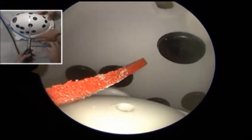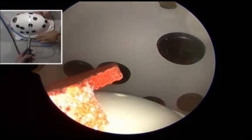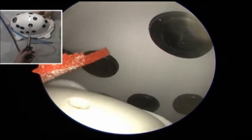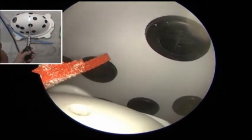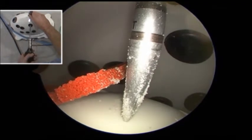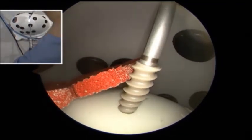A rescue for that in real life would be then to upsize your anchor. Say if you were going to a 5.5 or you were using a 5.5 anchor, you could upsize to a 6.5 and see if you could get a bigger bite or a better bite that way. The next error we're going to demonstrate, we're going to make a little punch over here. We're going to insert our anchor, and